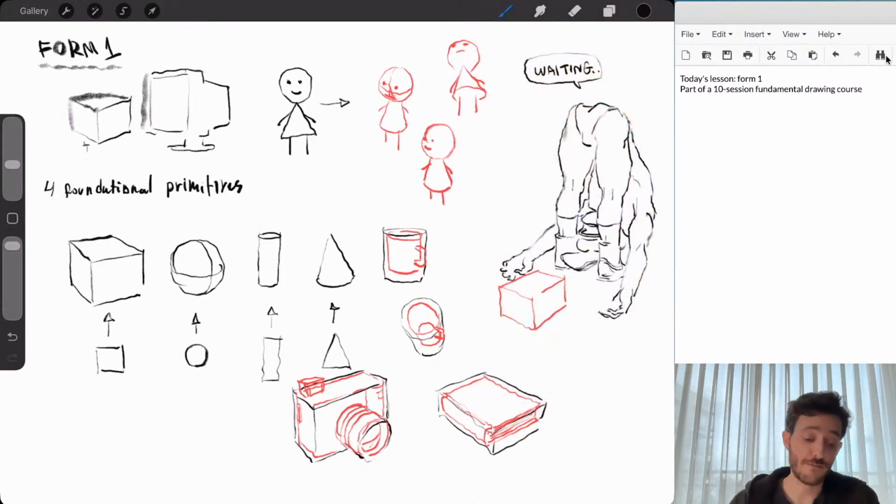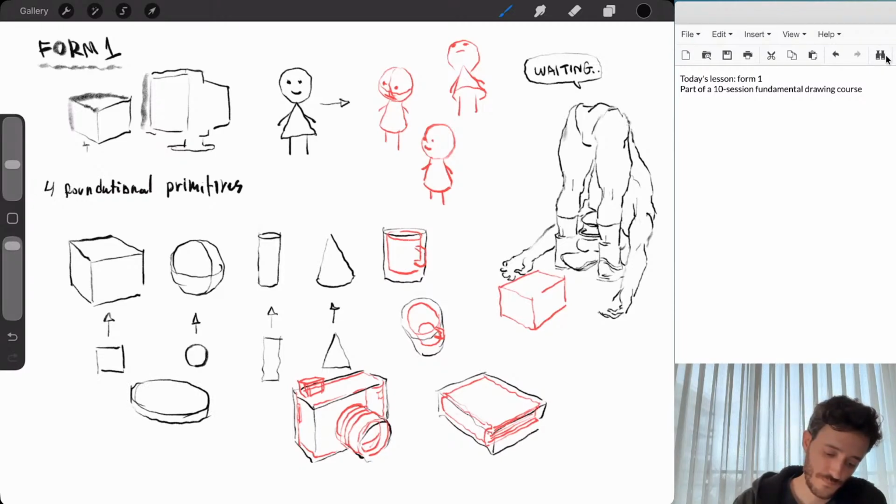And this works for everything, literally every single thing. You can reduce everything, right? You take a cylinder